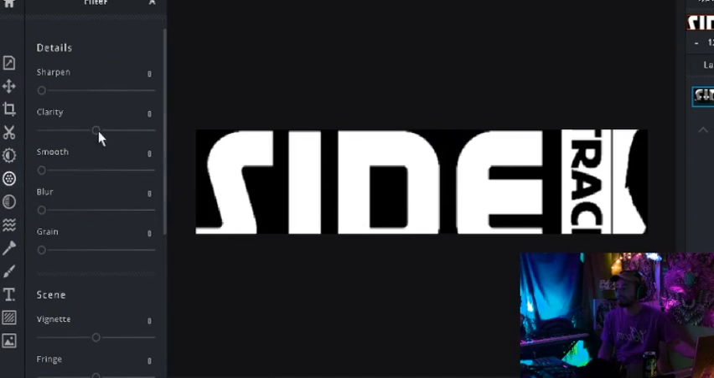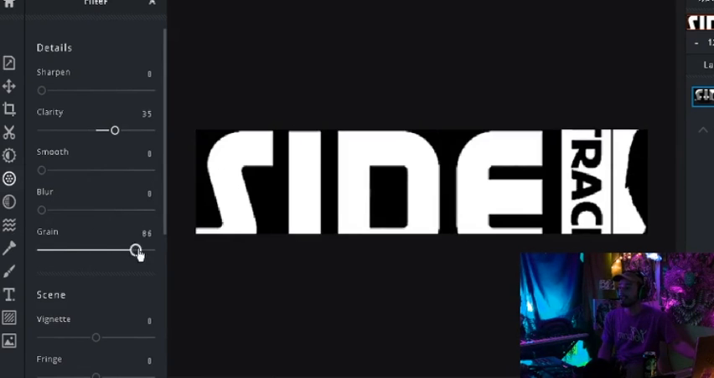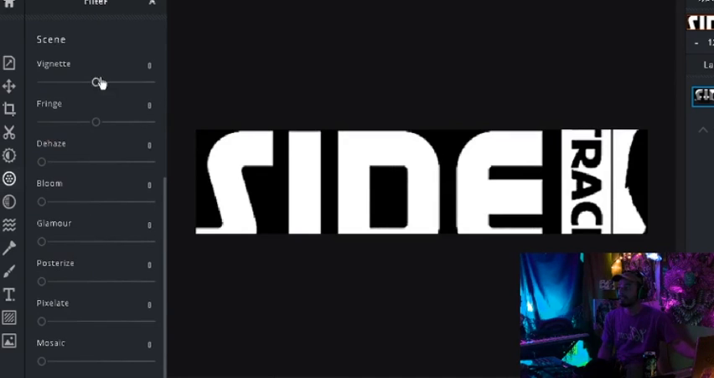These filters are pretty cool. This is dealing with the details of the image to make it sharper. The clarity makes it sharper as well. Smoothness smooths out all those edges like this. The blur will make the whole image blurry. And then the grain will add a little old school grain like a photo. Vignette is to add the dark around the image, almost like it's getting caved in with shadow,